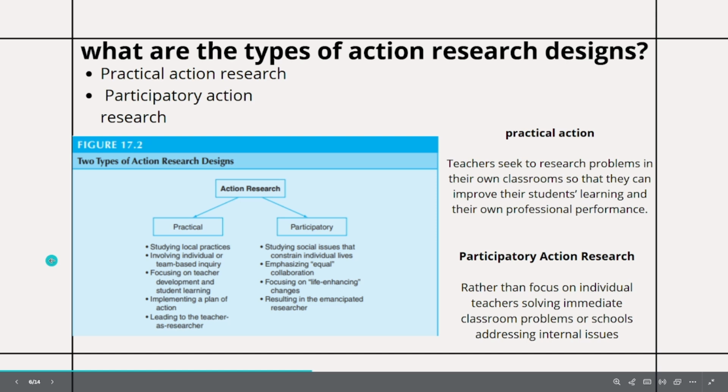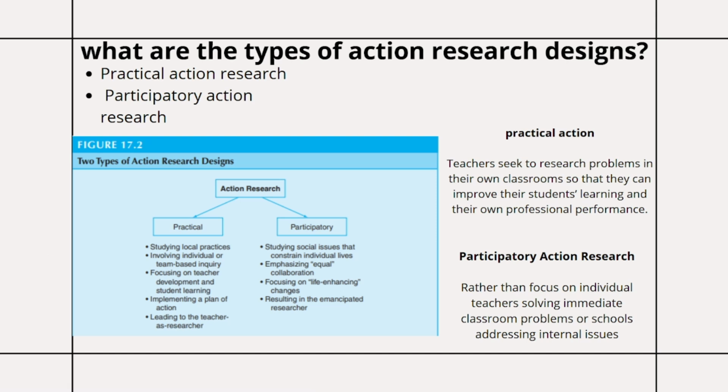What are the types of action research designs? There are two types of action research designs: practical action research and participatory action research. In practical action research, teachers seek to research problems in their own classroom so that they can improve their students' learning and their own professional performance. Participatory action research, rather than focusing on individual teachers solving immediate classroom problems or schools addressing internal issues,